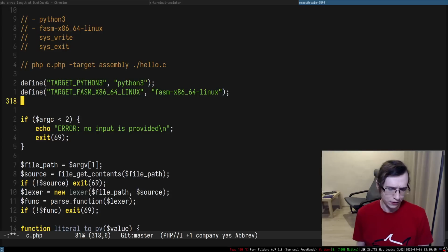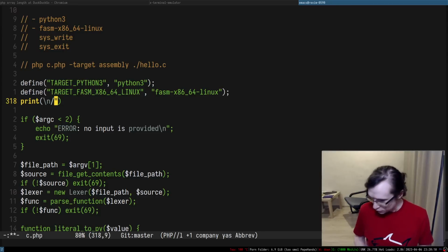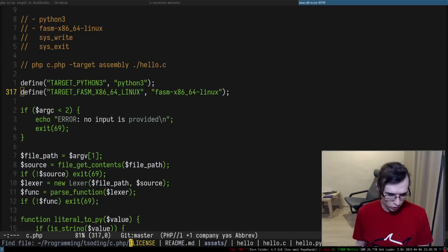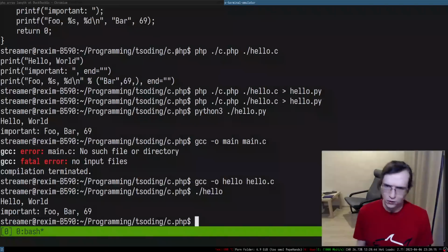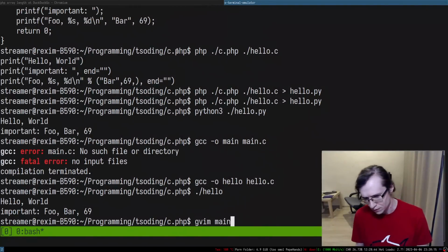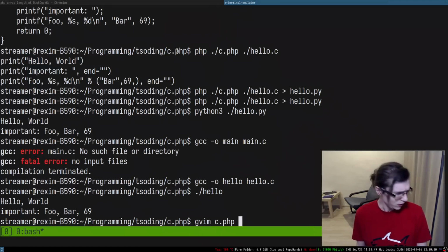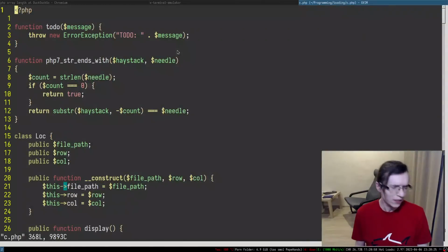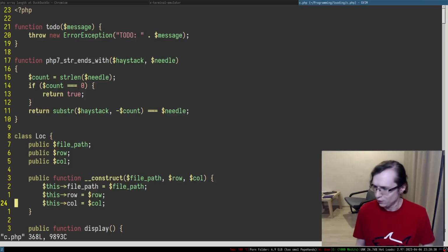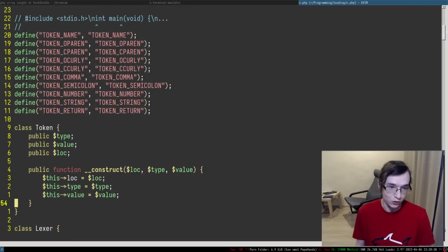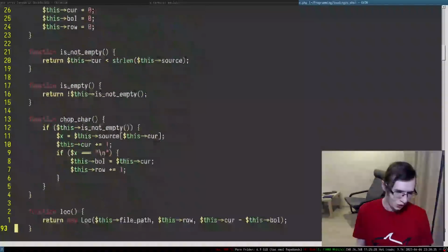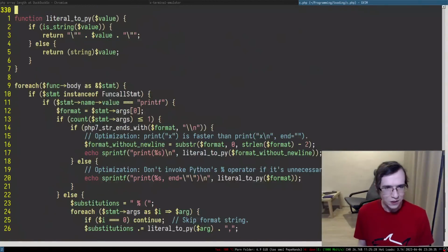I want to see what's gonna happen. For some reason Emacs is super slow. Maybe I should just use Vim for this one. I don't know why this is so slow for me. It's just lagging. Is that because of Emacs specifically, or because I'm streaming? I don't know, but I don't have these problems with Vim, so I'm gonna be using Vim. This is so weird. I just don't understand. Okay.